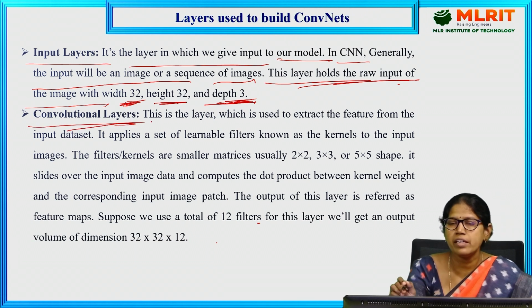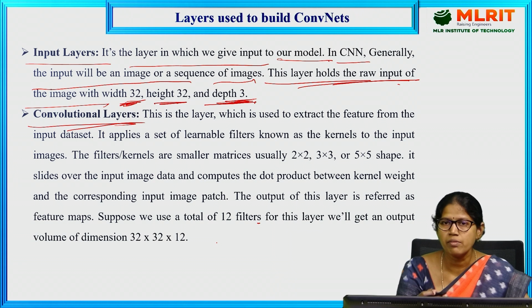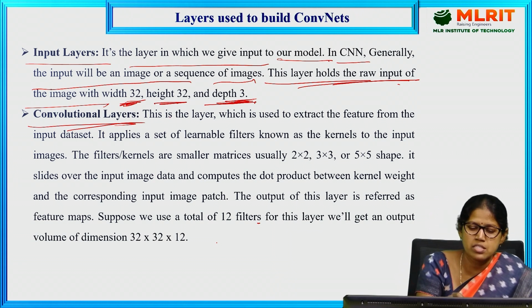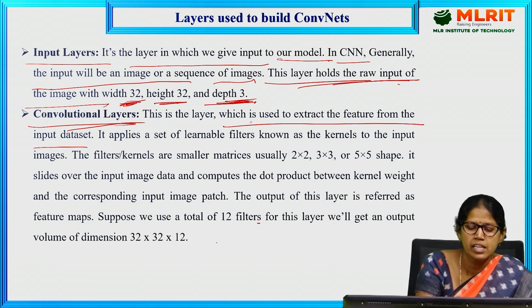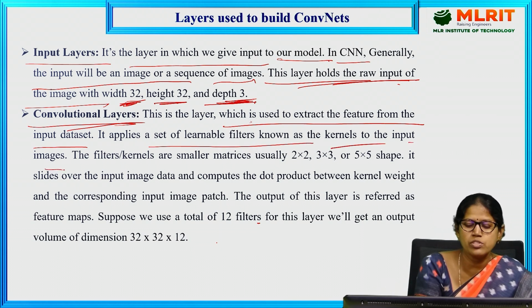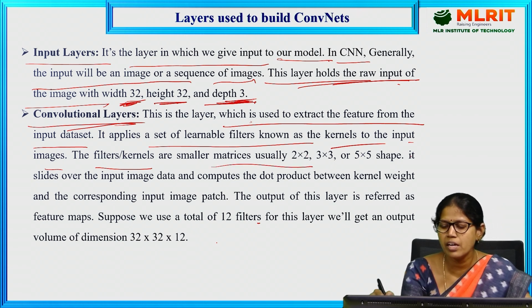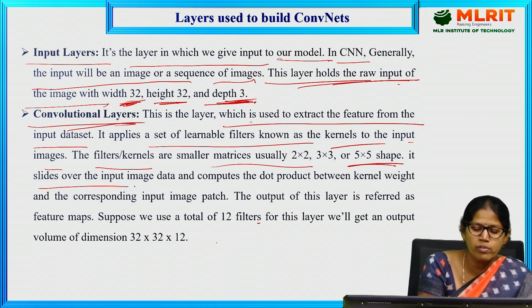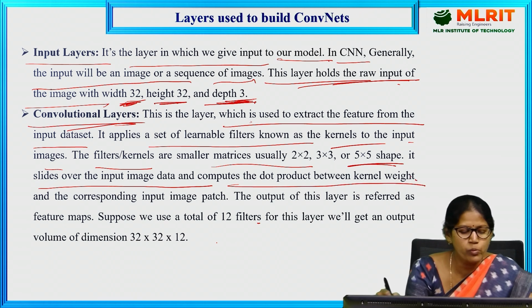Next, convolution layer. This is the important layer, and in this convolution layer, it will extract all the important features of that image. This is the layer which is used to extract the features from the input data set. It applies a set of learnable filters known as kernels to the input images. The kernels are nothing but smaller matrices, usually 2 by 2, 3 by 3 or 5 by 5 shape based upon the image. It slides over the input image data and computes the dot product between kernel weight and the